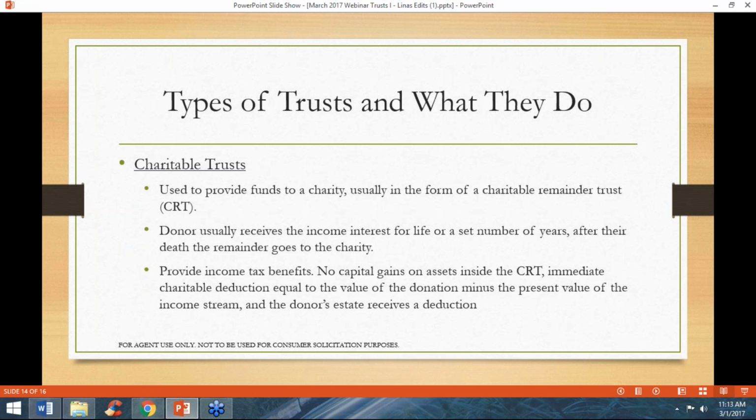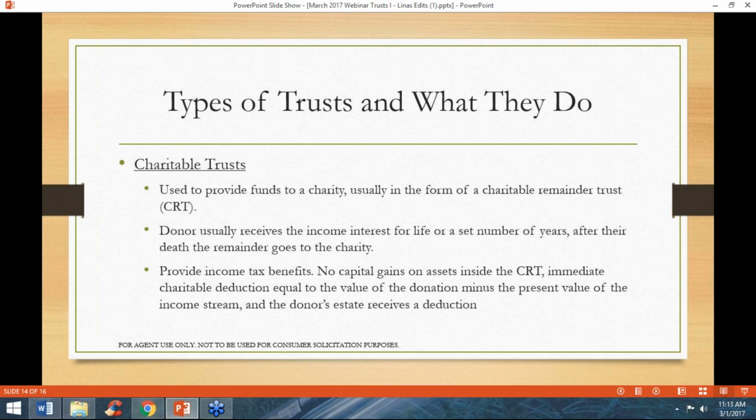Charitable trusts are tools that allow individuals to give to charities. The most common form of charitable trust is a charitable remainder trust. In a charitable remainder trust, the donor donates assets to the trust and then receives an income stream from the trust for their lifetime or a set number of years. After the donor's death, the remainder left in the trust